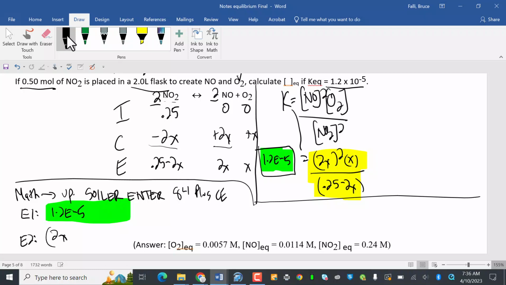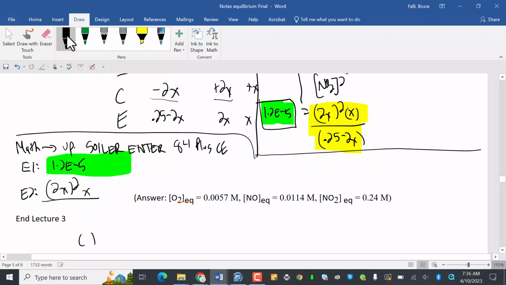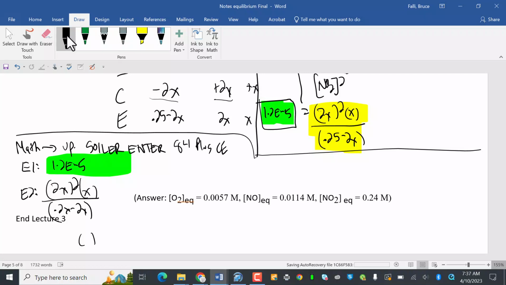2x squared times x over 0.25 minus 2x. Okay, so I'm going to put that in my calculator now. 1.2 e negative 5. And then move to the next box, and it's quantity 2x quantity squared times x. So quantity x divided by quantity